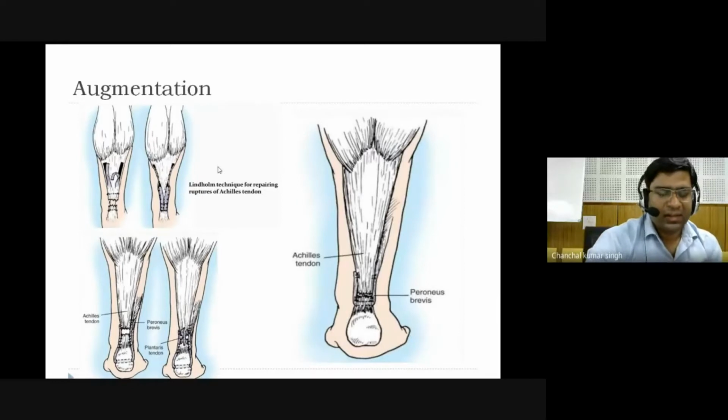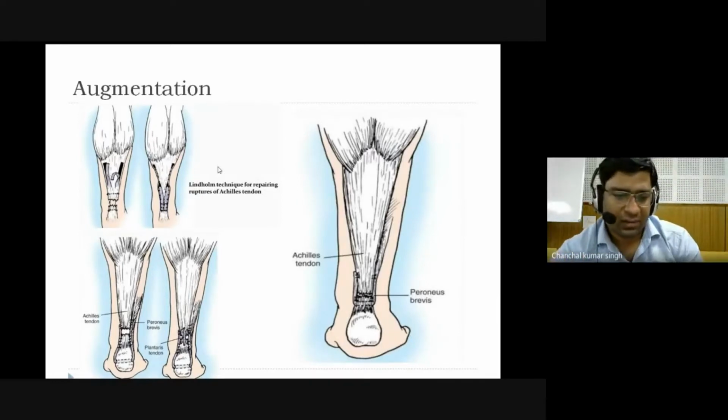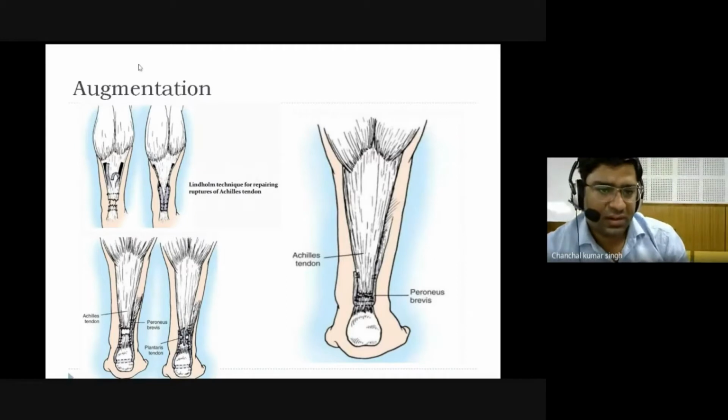When you have a degenerative tendon, you use different techniques. This is the Lindholm technique. Basically, here you do an advancement. You detach a sleeve of the aponeurosis here and do a double breasting of your repair. You do a primary repair here and then do a double breasting of it. Here it is the plantaris augmentation. You detach the plantaris tendon from its attachment, and you augment the reconstruction using the plantaris tendon.